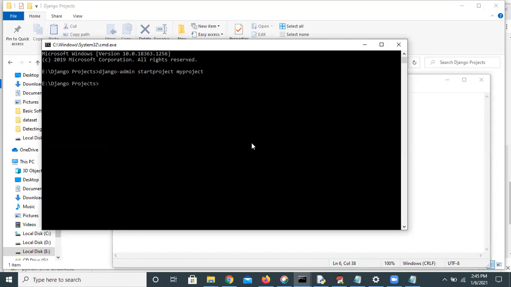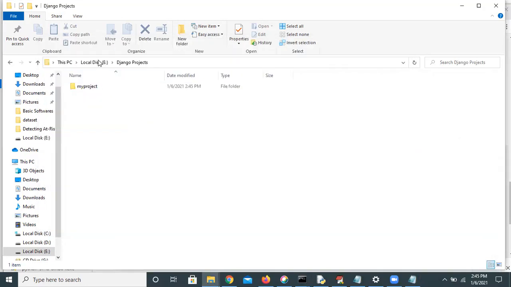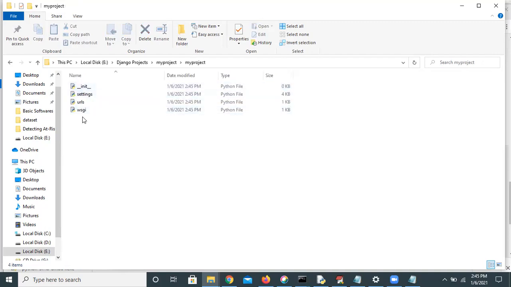Then we will check whether the project was created or not. Here you can check. Before, I'm having only the Django project, and inside nothing. But whenever we give the command django-admin startproject with the project name, here myproject, inside myproject, what are the things available? The manage.py Python file, and inside one more myproject, and here we are having 4 types of files.